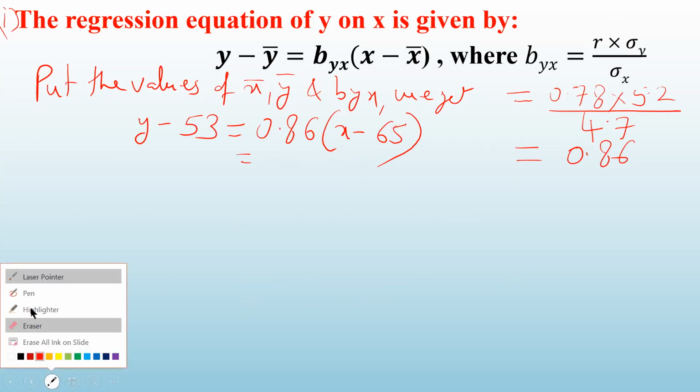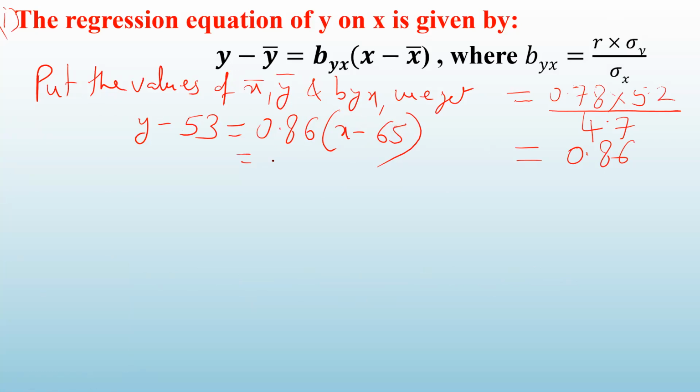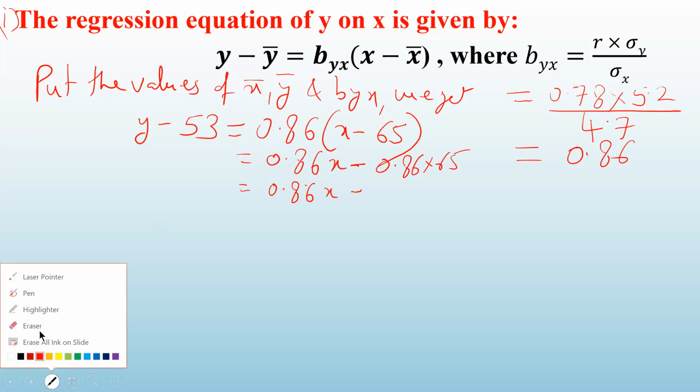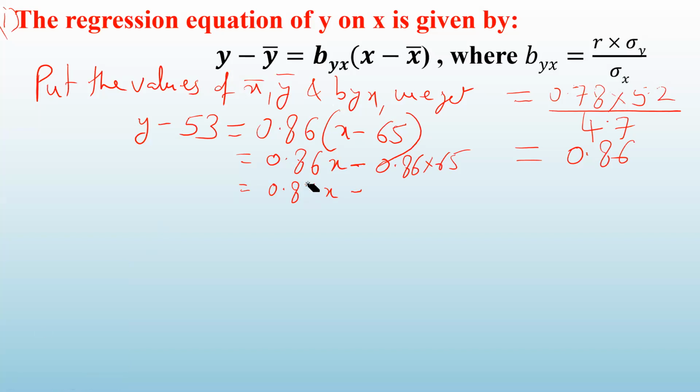So let us write down that. So it is 0.86 into x minus 0.86 into 65. So it is 0.86x minus